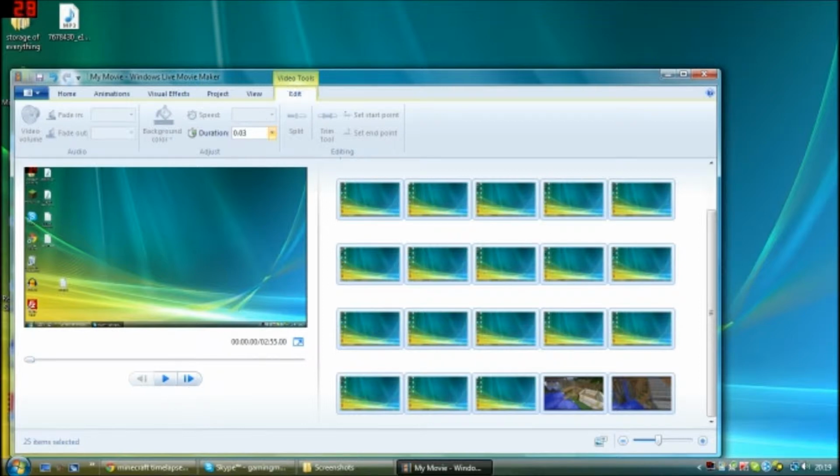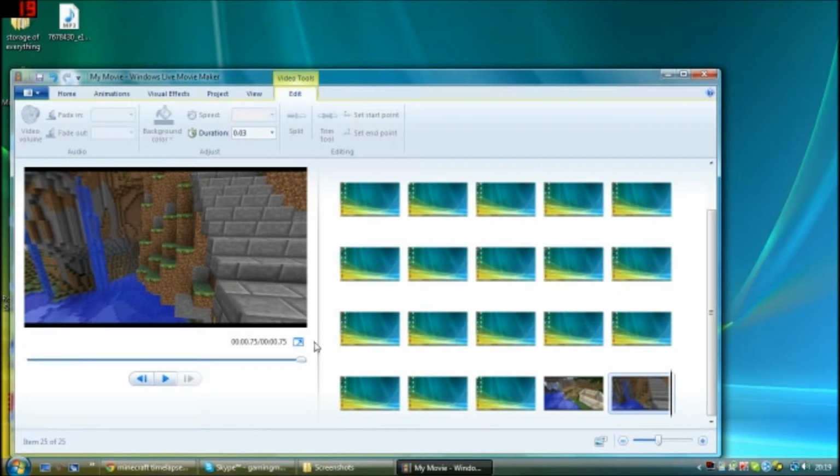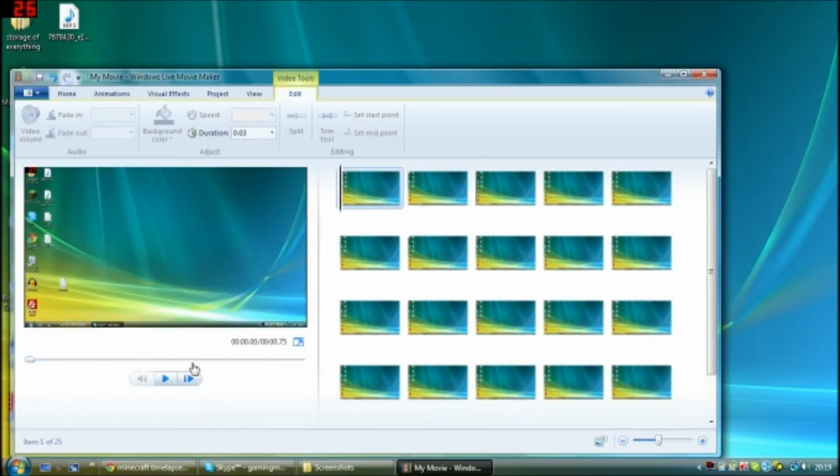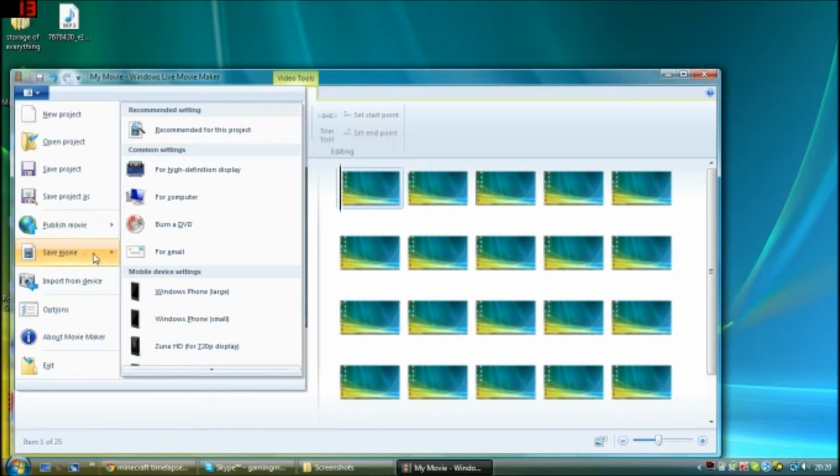The reason is this is around about the fastest you're going to want your time lapse, so it's not going to look jerky. So when you hit the play button now, you notice it just zooms, and it's actually lagging because it's playing so fast. Then you go to File, Save Movie,